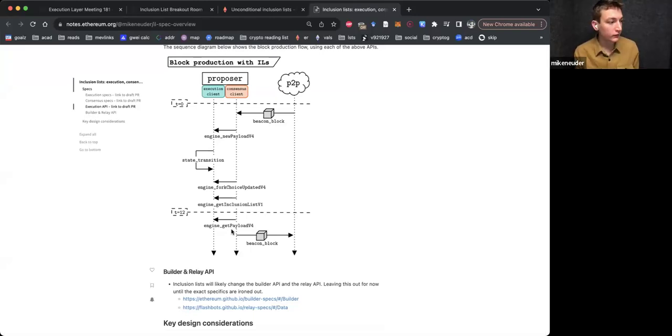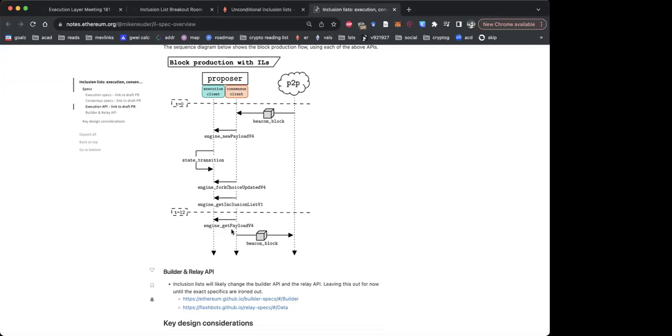I think Roman pushed back a little on this and said maybe we should consider putting it in get payload, because get payload gets called repeatedly. I think this is one of the design axes we have. But there are some cases where you maybe don't call it, and this puts a strong connection between the get payload and the inclusion list that you get. So my gut feeling at the moment is that it's good to have that detached.